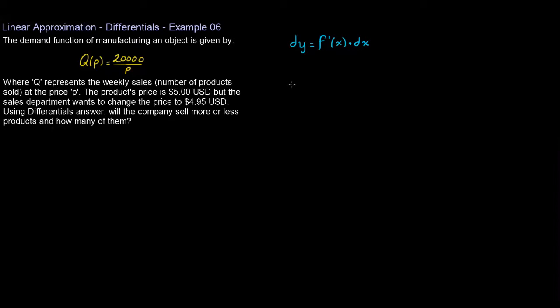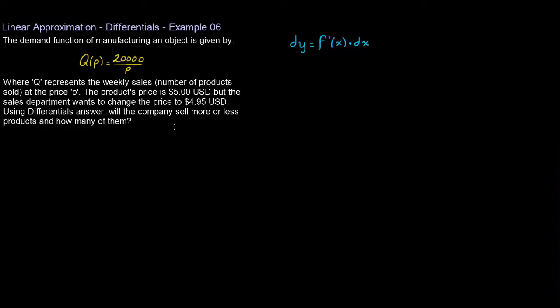Hi, in this example, I'm going to solve another case of linear approximation using differentials. In this case, the setting is like this. The demand function of manufacturing an object is given by Q of P equals 20,000 over P, where Q represents the weekly sales, the number of products sold, at the price P. The product's price is $5,